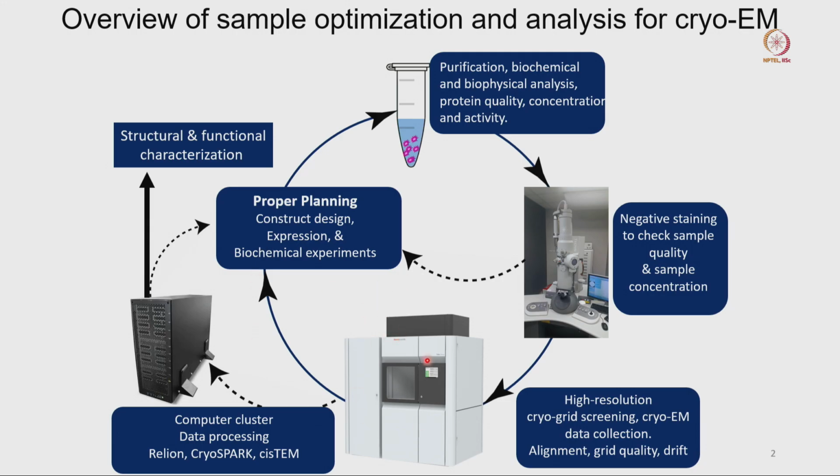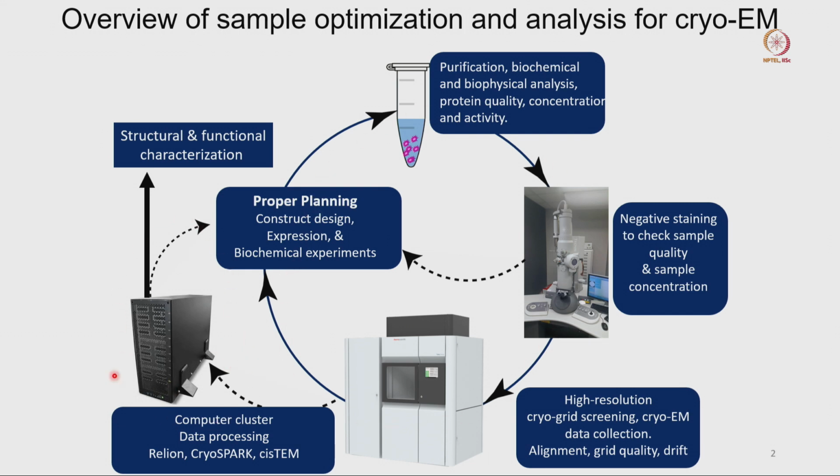From the cryo-EM images also we can tell how good our data is. If our data is good, then we can follow this path. If not, if there is aggregation or some other problem, such as some part of the protein falling apart, or some part not being properly distributed, or there is some preferred orientation, in those cases we directly go to the planning stage again and start from here.